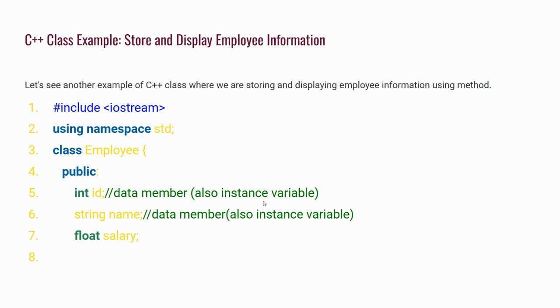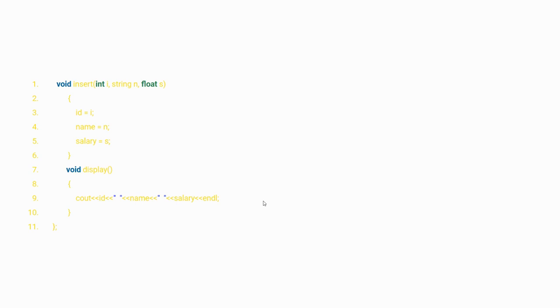Now we will see another example of how to store and display employee information using a class. First, you create a class named Employee. After that, you create public variables int id, string name, and float salary. After that, you write two member functions, one is the insert function and another is the display function. In insert, you send these three data members as parameters and assign id equal to the first parameter, name equal to the second parameter, and salary equal to the third parameter. And you write the logic to display the